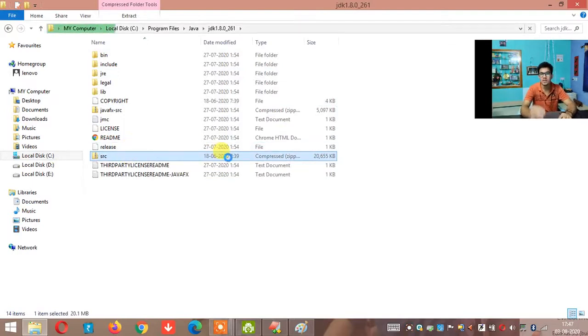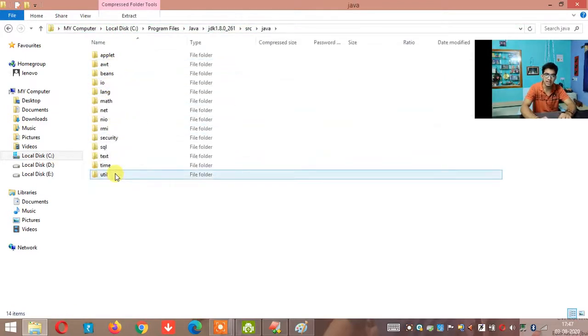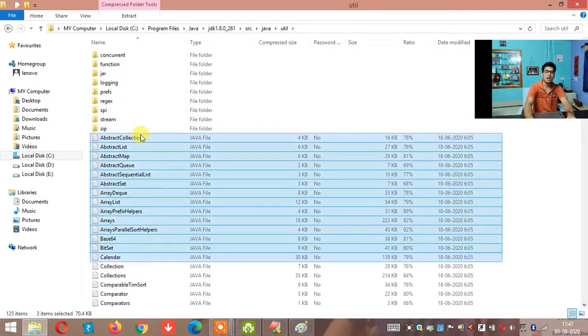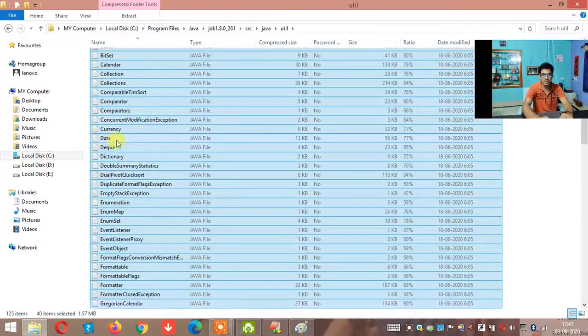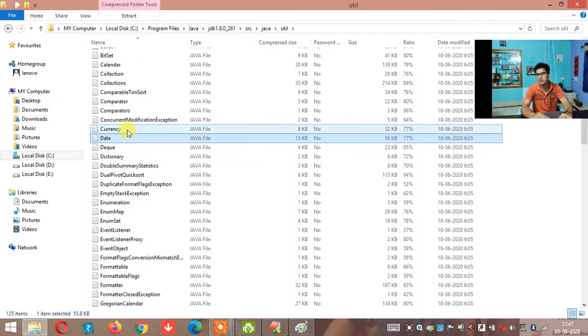Inside the SRC folder you have all the source files. In that, java dot util dot. Now if you tell star, please understand. If you tell star, all these are imported. Everything is imported. If you notice here, there is Date, there is Currency, there is Dictionary. Now, did I teach you what is Dictionary, what is Currency and all? No. You can learn on your own. Just double click that, see what methods are there, how to use it, what it returns, what it accepts, and simply use that. Okay, and there are many things here.